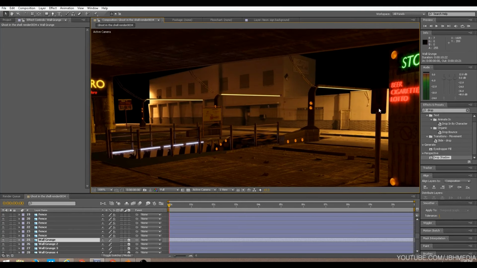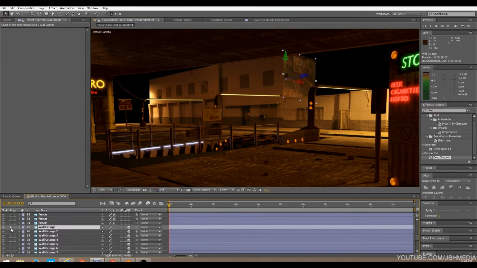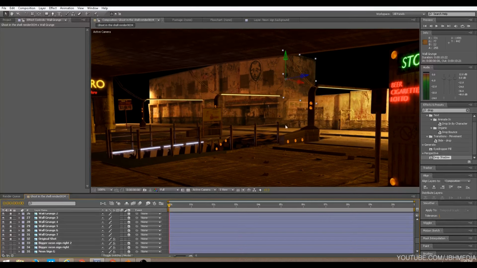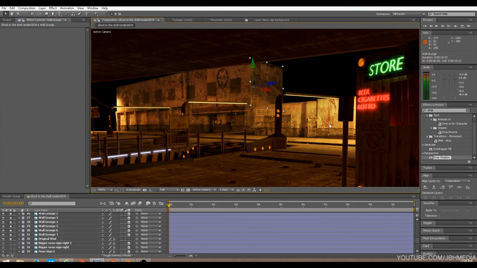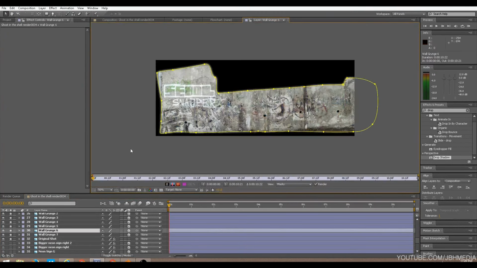So I started with the background, and I wanted to just grunge up this entire building here. So I just started adding different layers of grunge, just bringing that all in here. And it's just graffiti. It's just a simple graffiti layer. What I've done here is I've